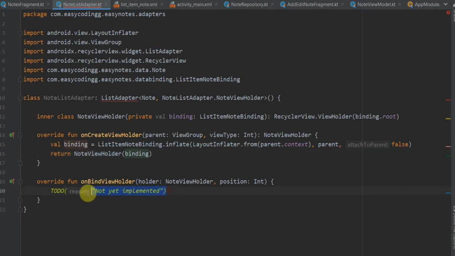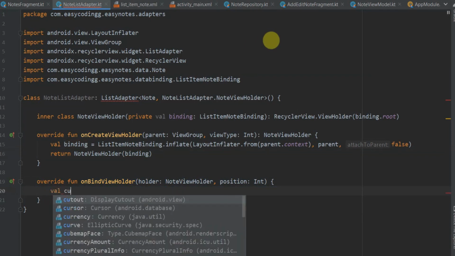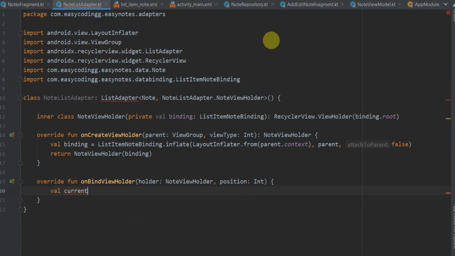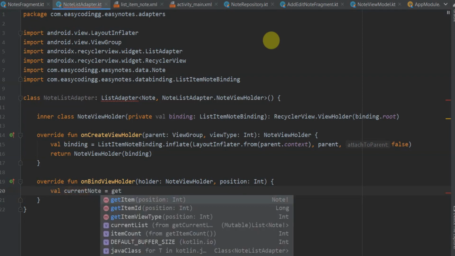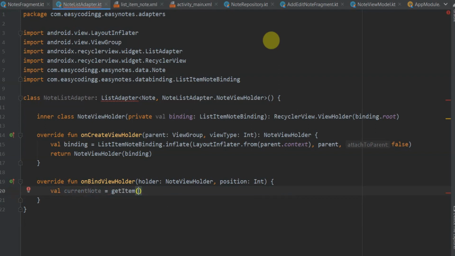And inside of our onBindViewHolder, we bind the data to our list item. So firstly we will get the current note. So val currentNote, it will be equal to getItem. getItem is a function from our ListAdapter, and the position will be just position.